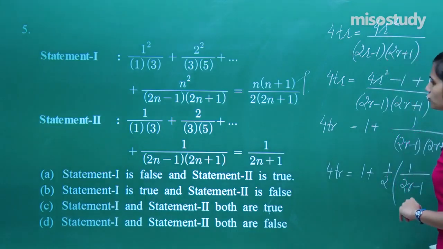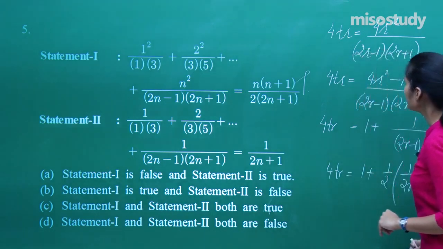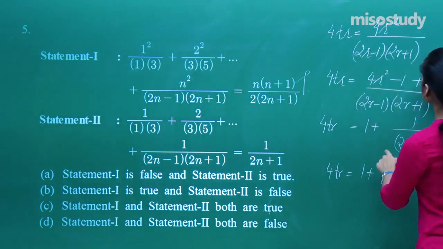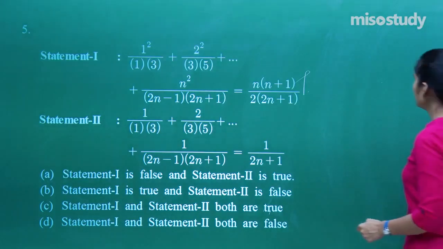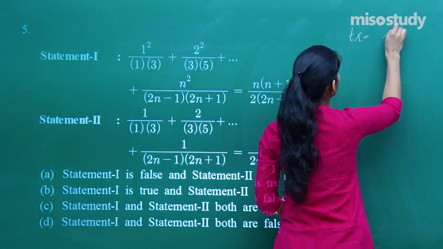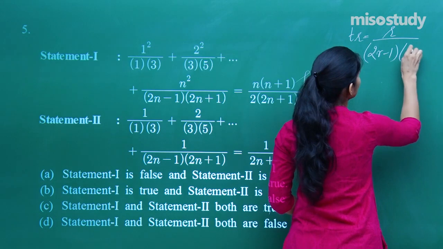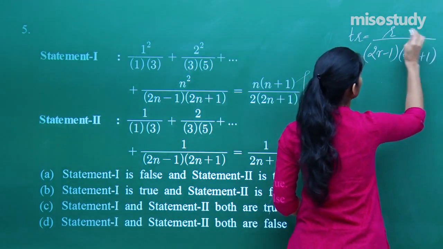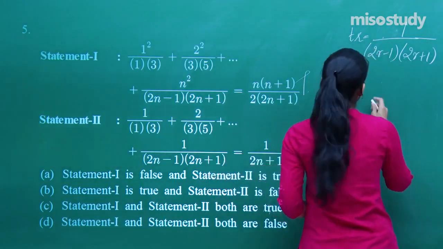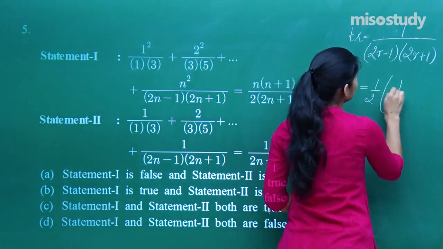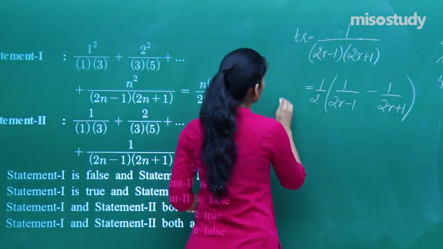What about statement 2? It is 1 upon 2n minus 1, 2n plus 1. So general term will be equal to what? It will be r upon 2r minus 1, 2r plus 1. Not even r, it will just be equal to 1, because that's what it is. Fine. You can very easily write it as 1 by 2, 1 by 2r minus 1 minus 1 by 2r plus 1. When you take the summation,